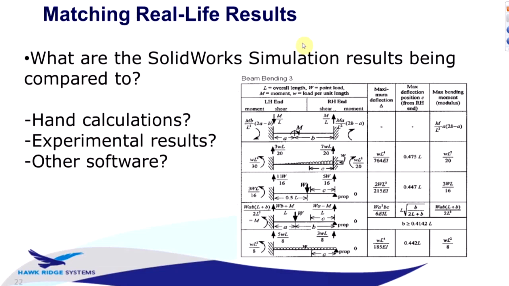Now, assuming that you are able to check convergence and you're pretty sure you've achieved a good result in your simulation, at least as far as the mesh is concerned, you may also be trying to check the results of your simulation versus something else that you have done before, maybe a real-world experiment, or maybe some guidelines that you've been given, or a standard, or something like that. And you might be trying to judge whether the simulation you ran was accurate by comparing it to these other things. So when you want to match your simulation to real-life results, there are a number of things you should